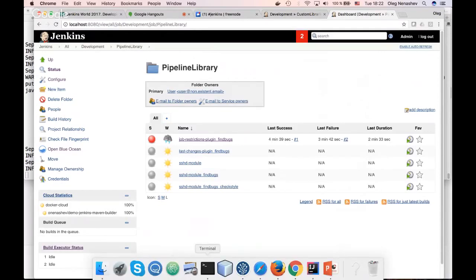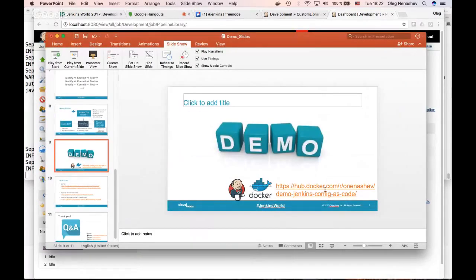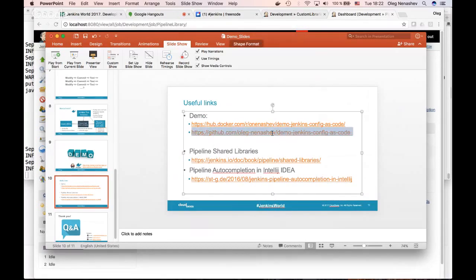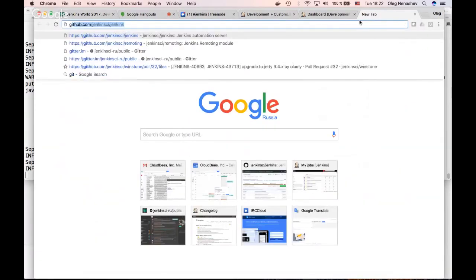Yeah. So this is just a proof of concept approach. You can find all the demos here. There is a demo on Docker Hub, which provides just a running instance you can start and modify. If you're interested, there is a repository in GitHub, so you can just fork it, and then you can modify it. If you're interested in more advanced demos, you can go, for example, to GitHub